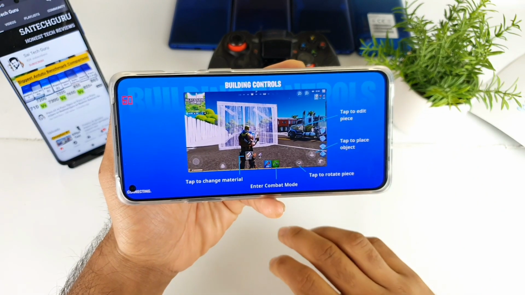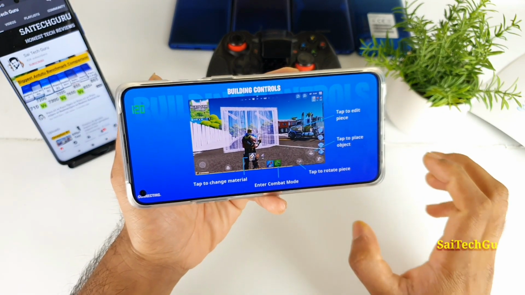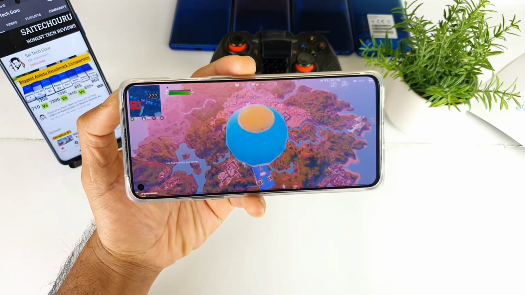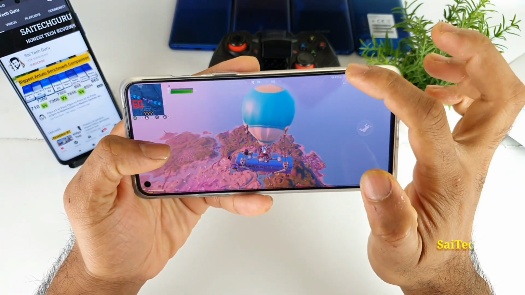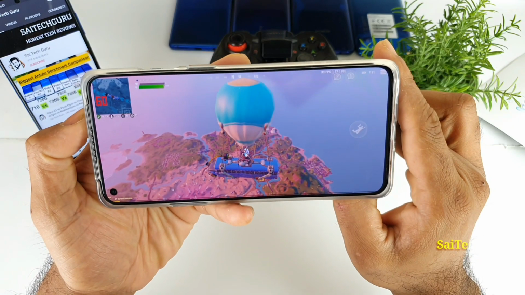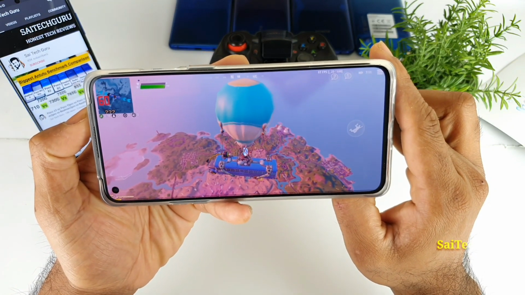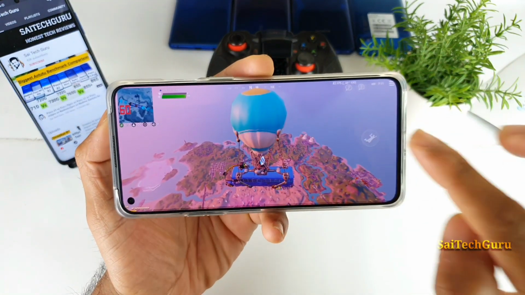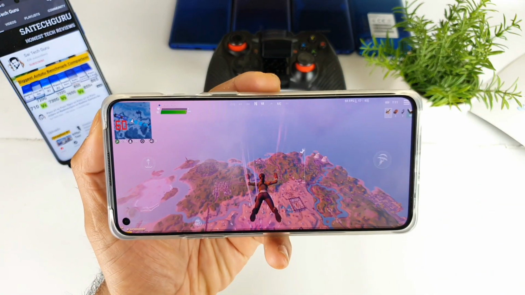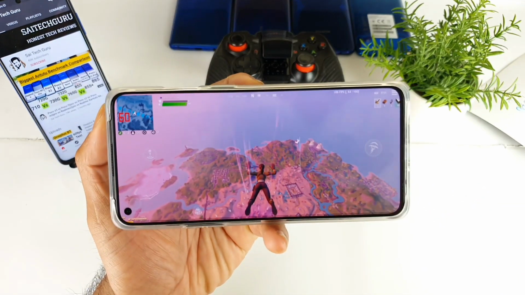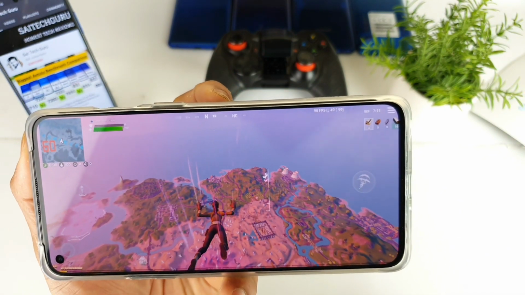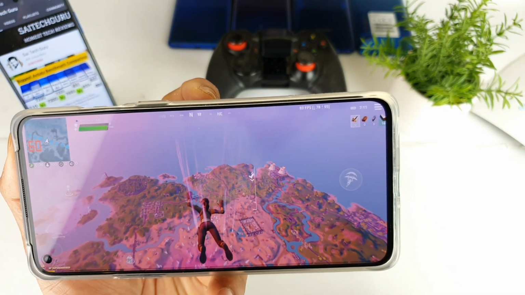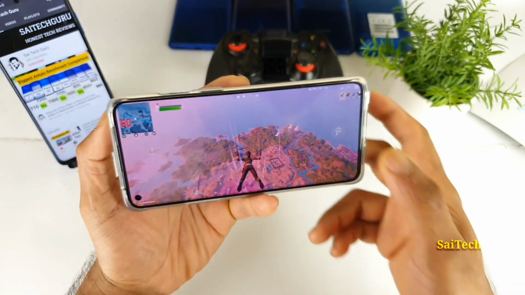Whenever you're trying to play using the 90 FPS settings, the real-time FPS count meter will not show more than 60 FPS, as you can see, whereas the Fortnite game is actually playing at 90 FPS without any problem. But the default FPS count meter doesn't go more than 60 FPS, as you can clearly see, friends. Try to focus on the Fortnite game FPS count, how much I'm getting here. As you can see here, 78, and it's getting close to 90 FPS.